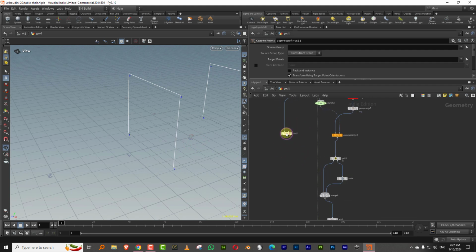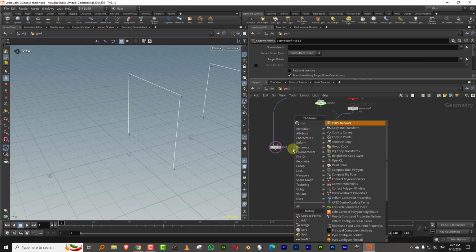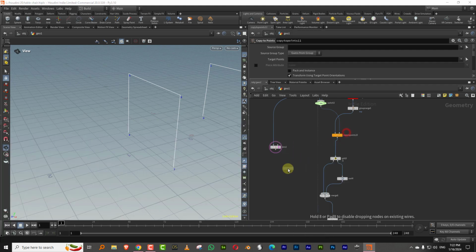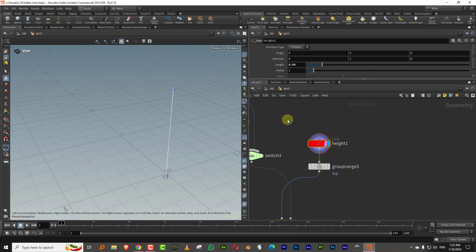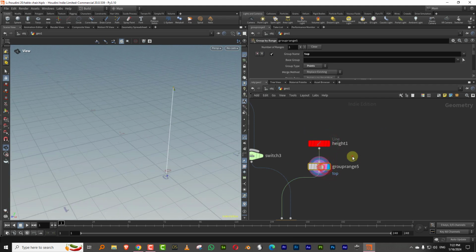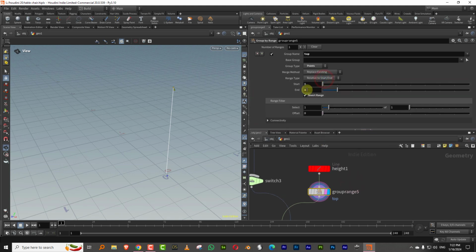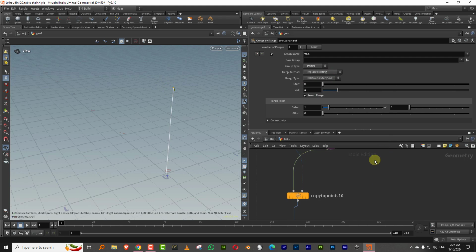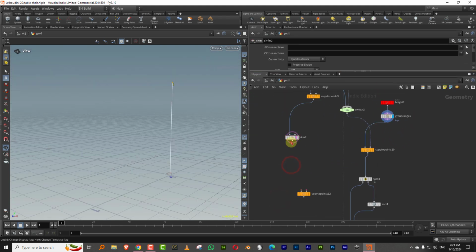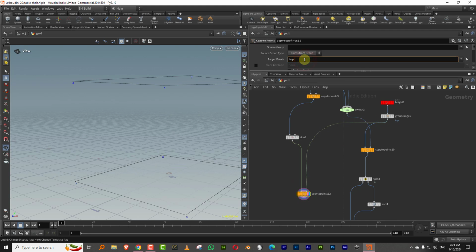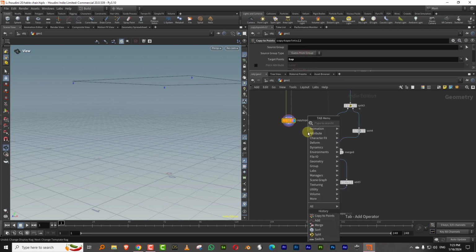And with the skin, what I can do is I can do a copy to points, and this will copy to the top of this line. Okay, so what I've done is I've just taken a group by range, and you can just keep the end value to 1 and do invert range. So it selects the top point, and that goes in here. Yeah, copy to points. There you go. Okay, so just take this and plug that in and just type in top. So there you go. So now if we merge these together,